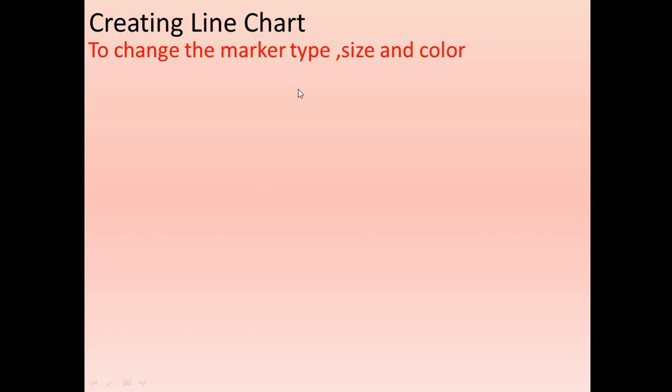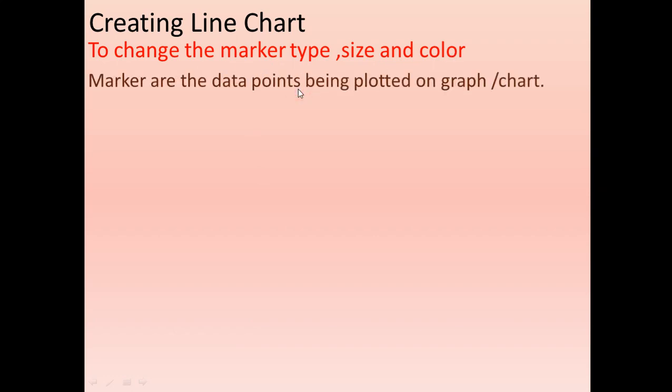So you should know first of all what a marker is. Markers are the data points which are being plotted on the graph or chart. So it is the data points that you mention onto the graph. Now you are putting dot, dot, dot and encircling that very dot. So that is known as the marker. So here also the marker can be specified using the marker